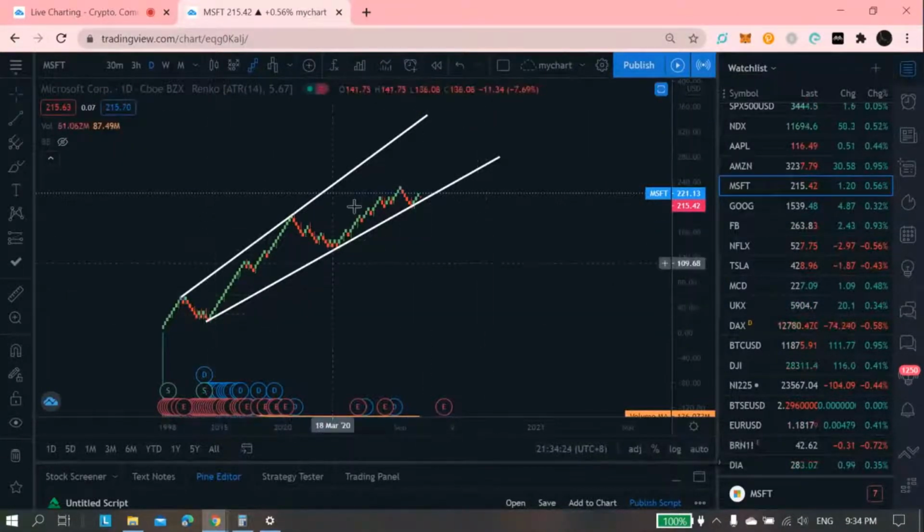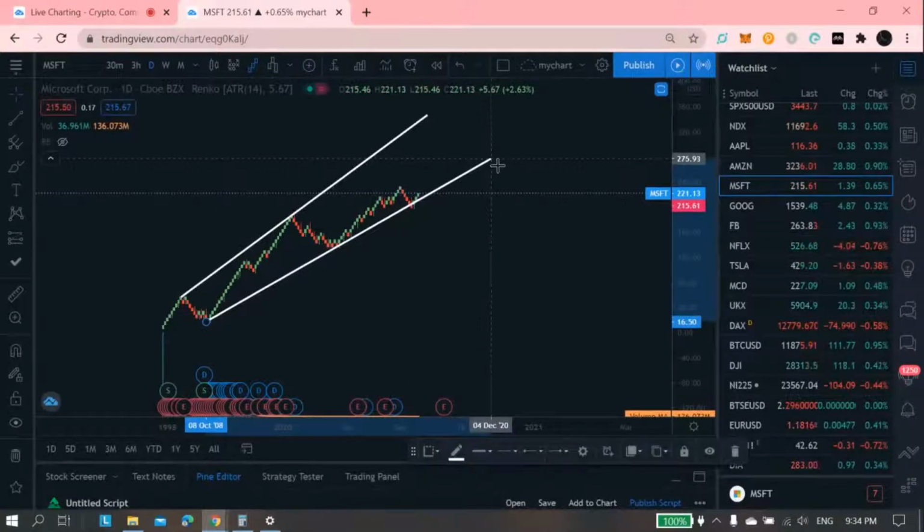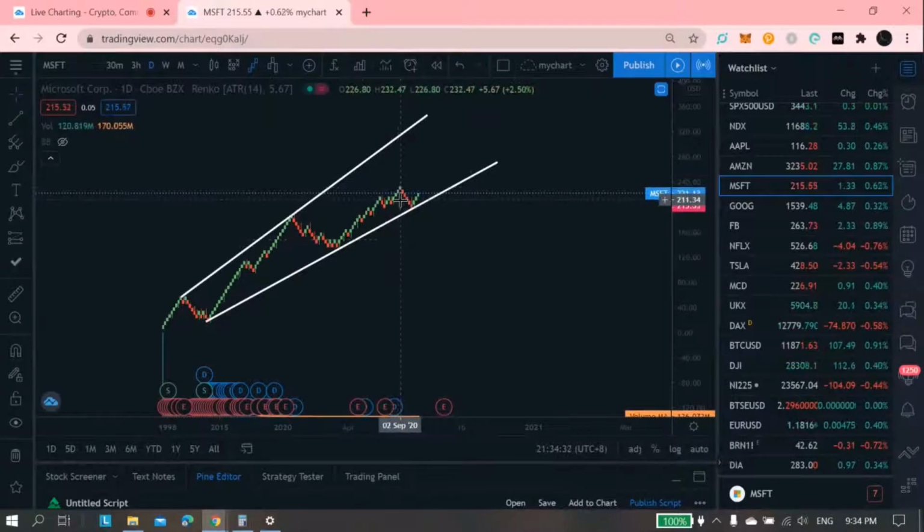Actually, this would be a more bullish pattern. So I'm expecting it to retest the previous all-time high of around 232. So the difference here is around $5. So each Renko is $7. So yeah, let's see how it goes for